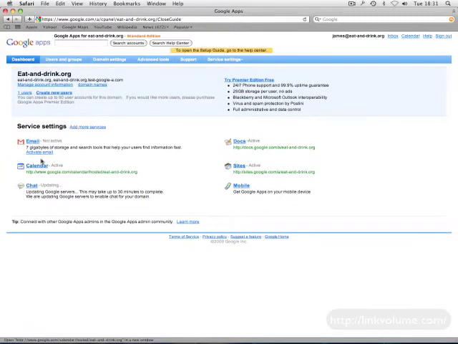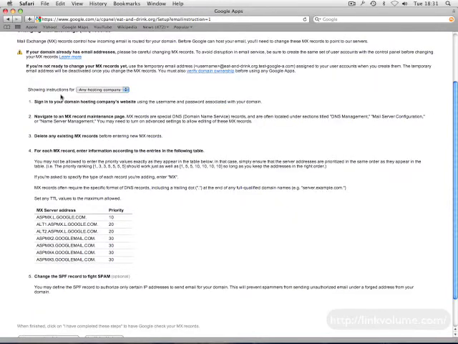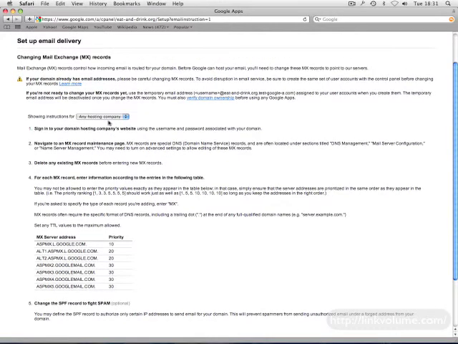The first thing you want to do is click on the activate email, because that is going to take the longest period of time to get started. And it's also going to require you to add some more information into the lovely DNS records now. So now you have to deal with